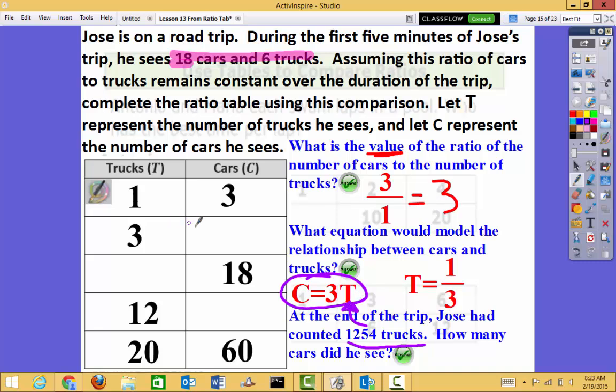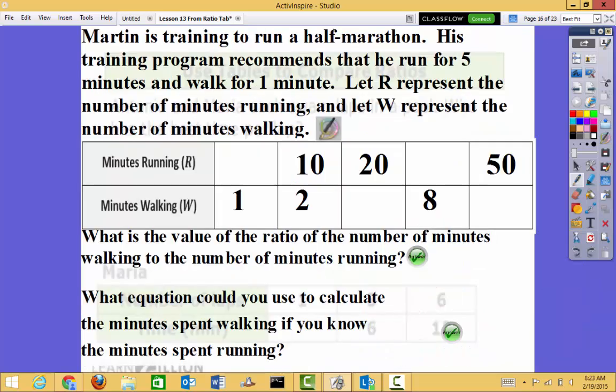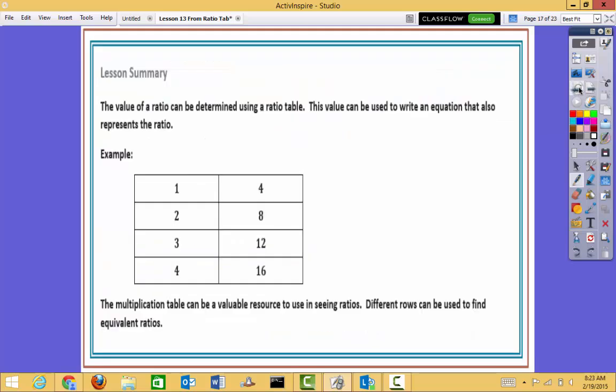So I'm going to have 3 times 1,254 equals amount of cars. So I'm just going to do my work off to the side. I'm going to rewrite my problem, and then I multiply. 2 carry the 1, 6 carry the 1, 7, 3. So I have 3,762 cars. Alright, I believe this is not our last problem, but close to it because you still have your